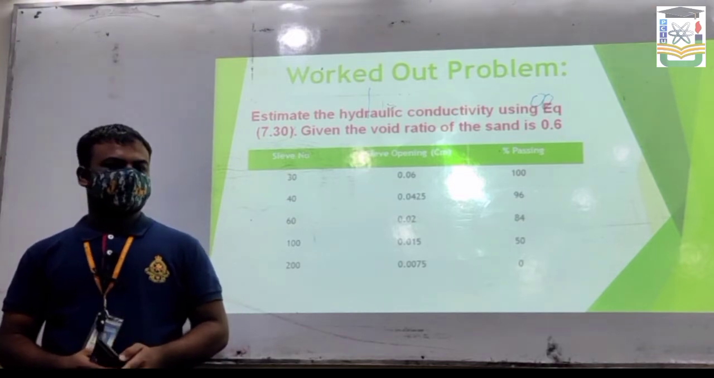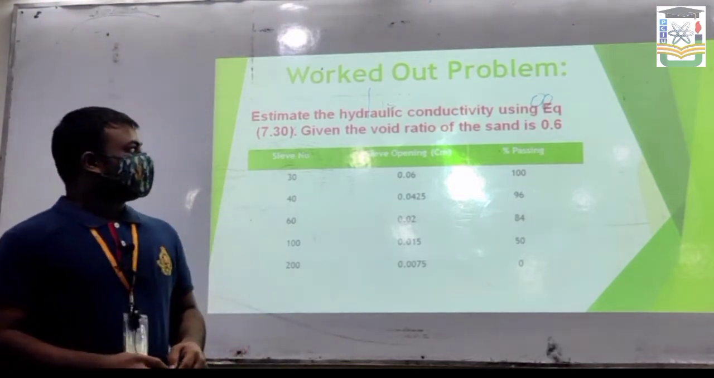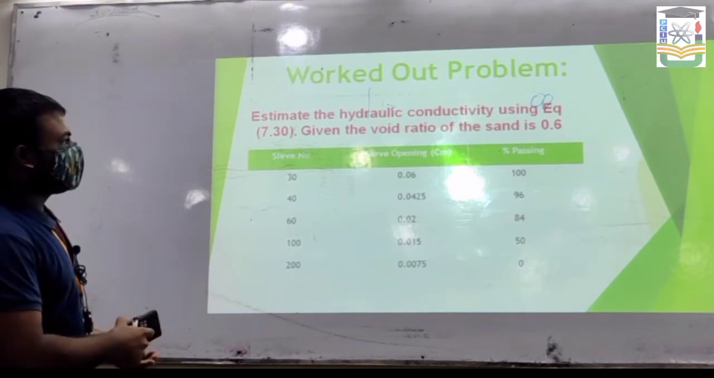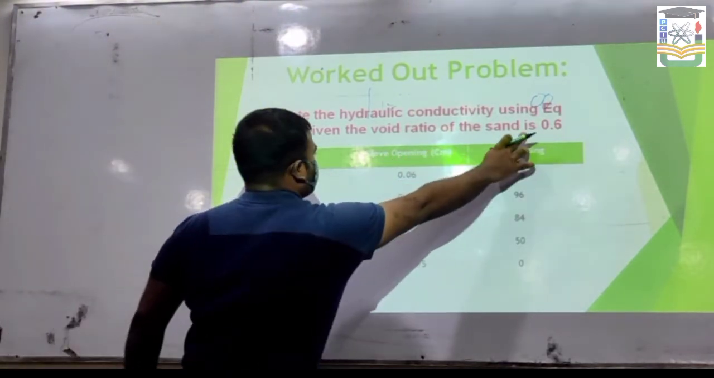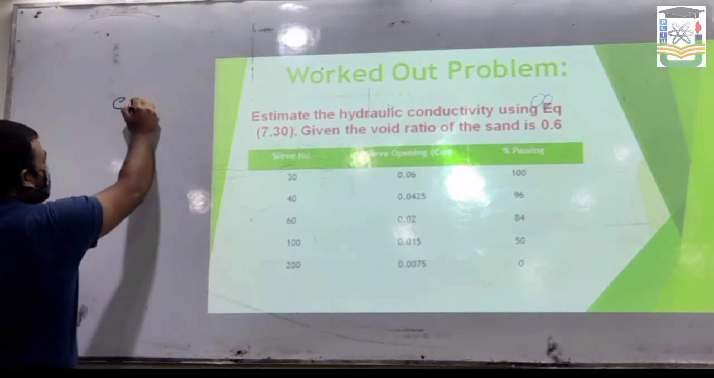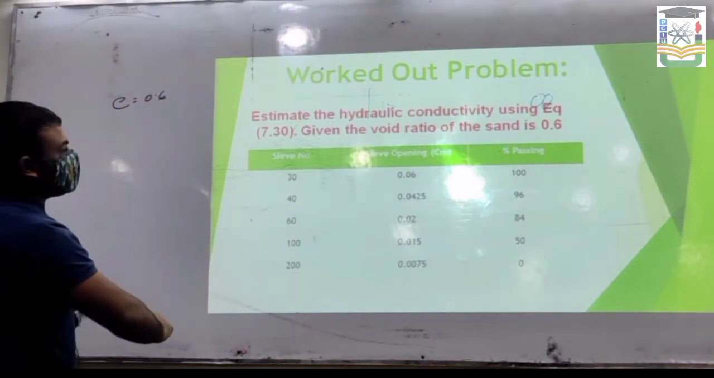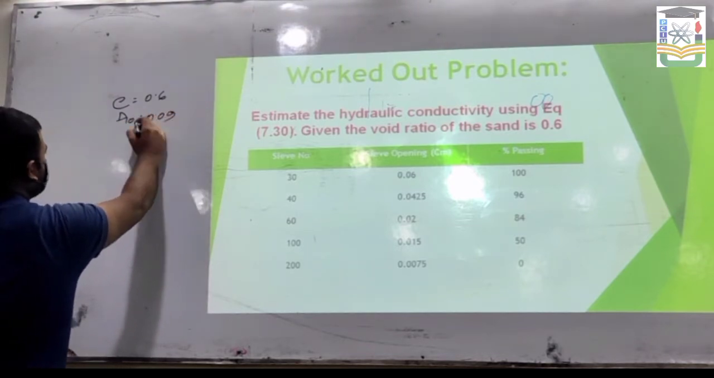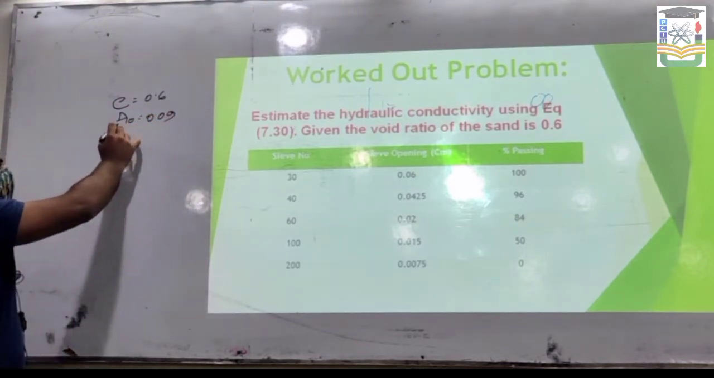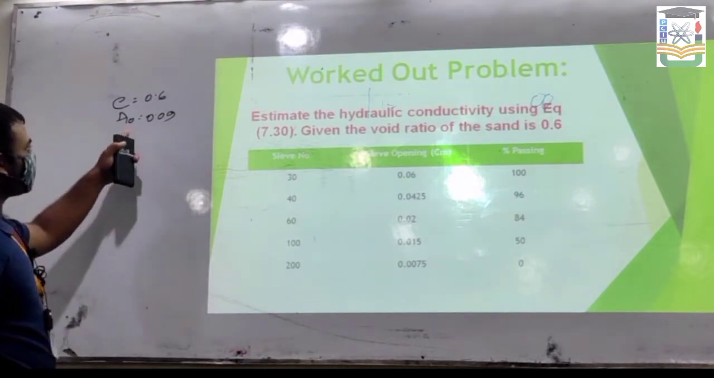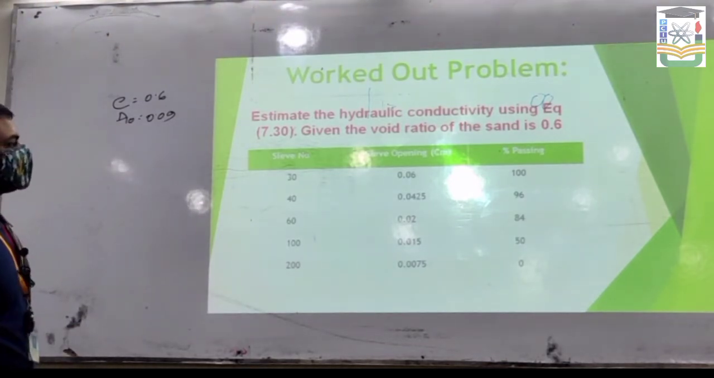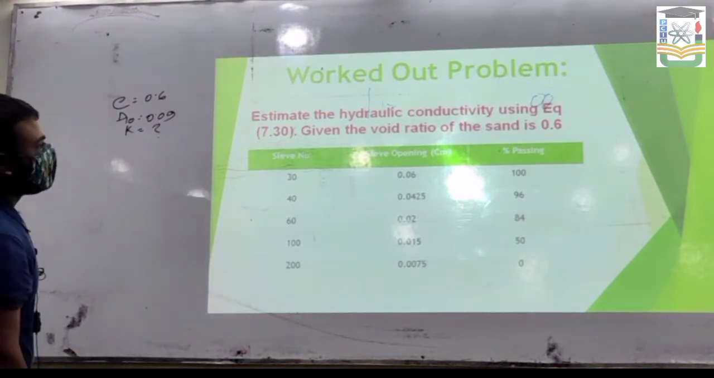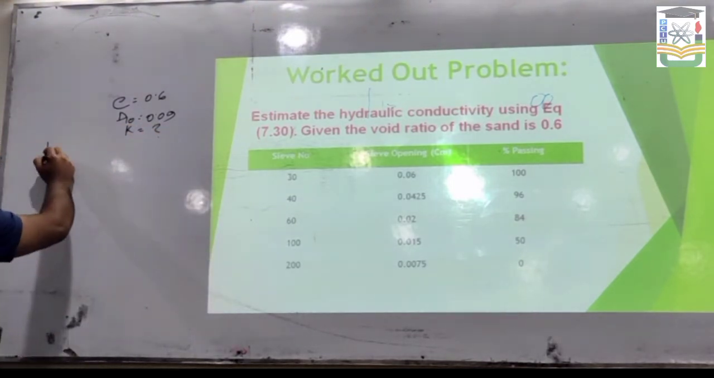My ID is CN02106734. Today we will find out the coefficient of permeability. Here the void ratio is equal to 0.6. D10 is the particle size passing 10% finer. We will find it from sieve analysis. K is equal to the coefficient of permeability. According to Chapuis, we know K is equal to